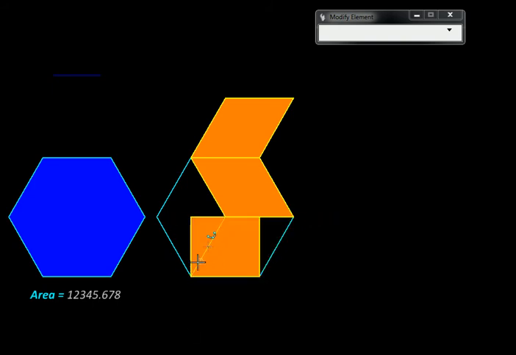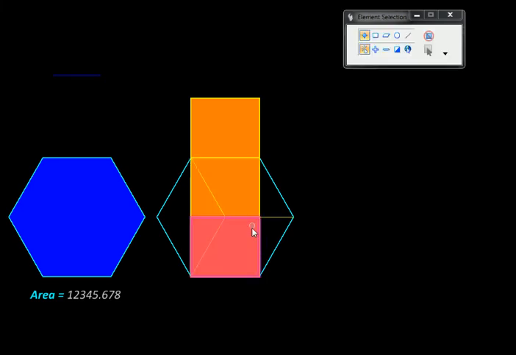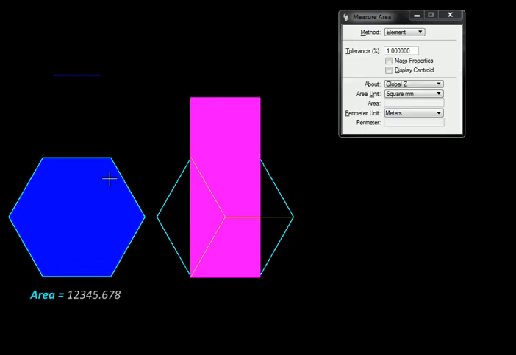So when I do that, I'll get a rectangle and it will necessarily have the same area because the height and base are the same. Let's do the same with this parallelogram and even with this parallelogram. So instead of having that crooked stack of parallelograms, now we have a neat stack of rectangles. But we can measure the area of these 3 rectangles and confirm that it is indeed equivalent to this hexagon.